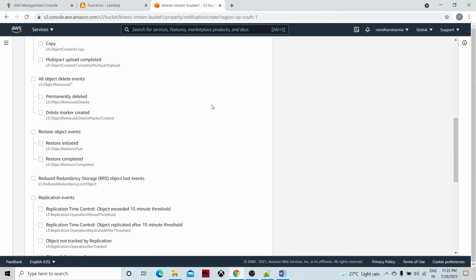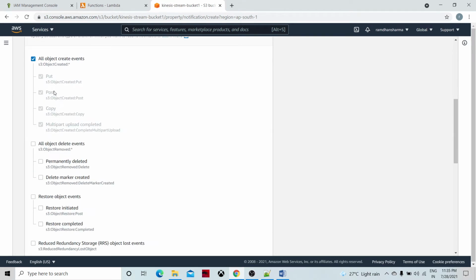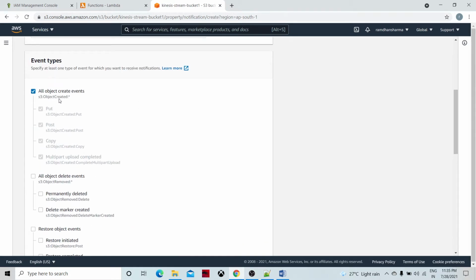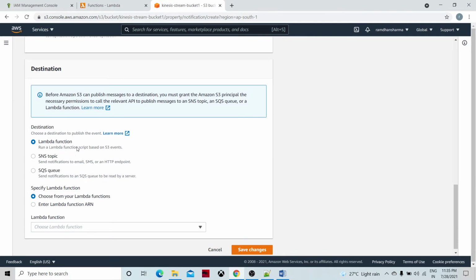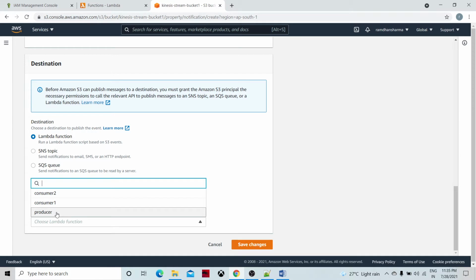The event types we are going to cover: anything which is create, S3 object creation like put, post, copy, and multipart upload. So if anything is amended in the particular bucket, or anything newly comes, the event is going to be generated. The destination is a Lambda function, and we are going to give the Lambda function as producer.